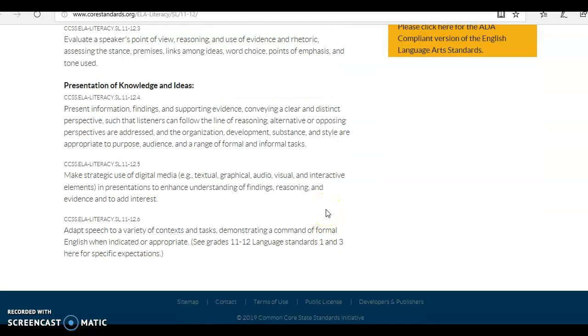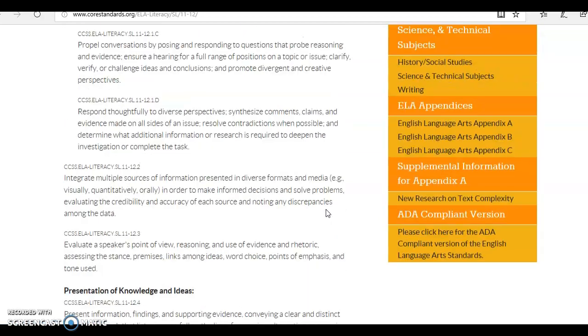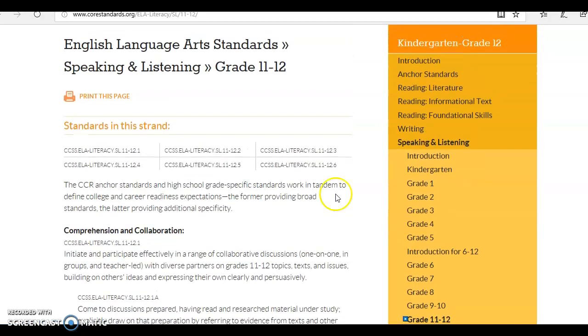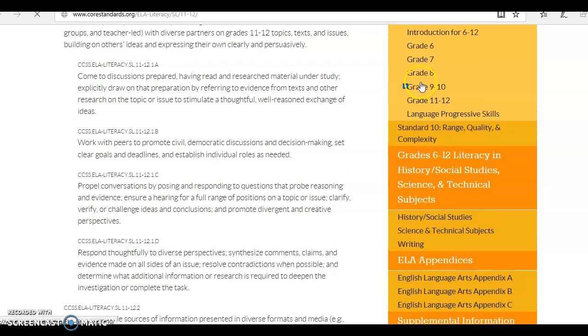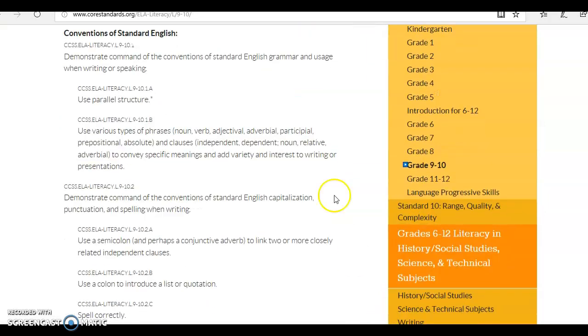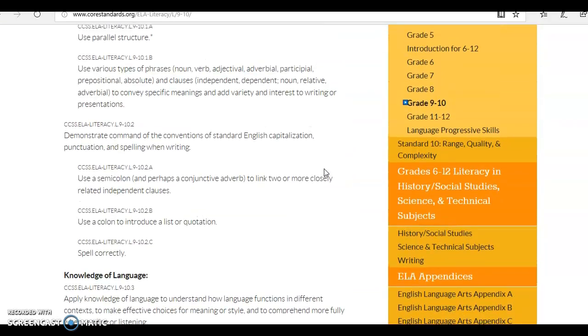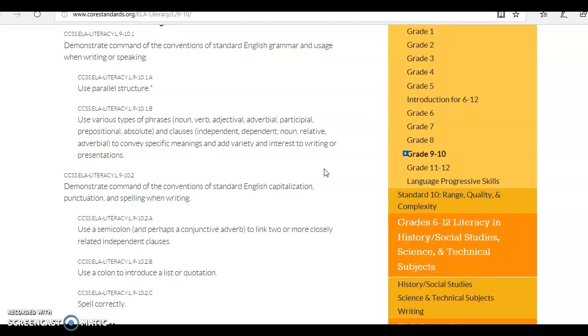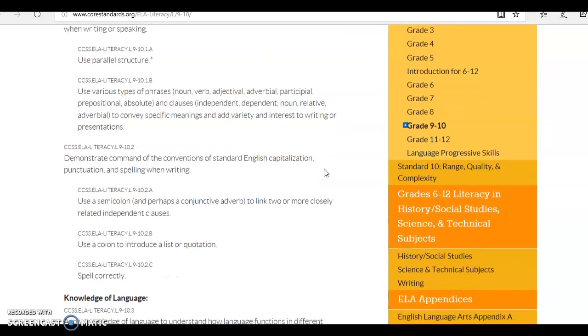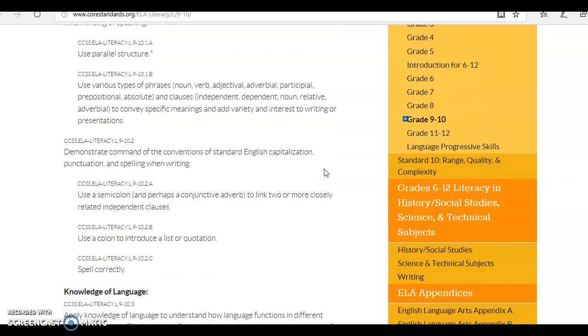And they have the same thing for grades 11 to 12 too, with speaking and listening. Now for language, grades 9 through 10, I thought it was interesting that the standards are to use a colon to introduce a list or quotation.